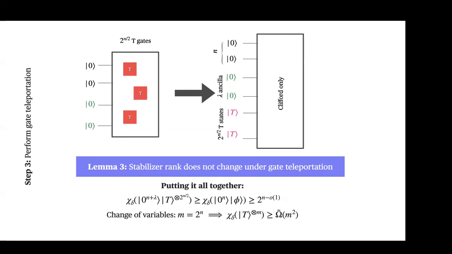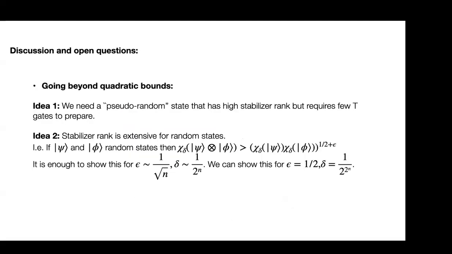But putting it all together is just giving you the value: you use 2 to the n over 2 gates to get 2 to the n stabilizer rank, then you just use some change of variable and get quadratic. Okay, so that's, as I told you, it was simple to imagine what the steps are, but let me just tell you some